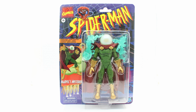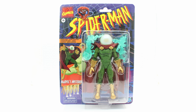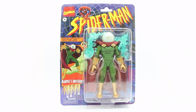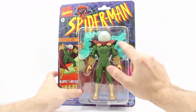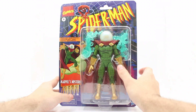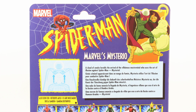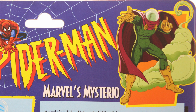Alright, here's Mysterio in his packaging. He looks very nice against the purple background. He comes featured with hypnotic mist accessories, 2 of them. I think they could have definitely given this guy more illusion type accessories. I don't know, they gave us these 2 blue ones, which are nice, but they are a little underwhelming when you've seen other Mysterio accessories or even the one on the picture of the little graphic. But there's a little read-up of him,